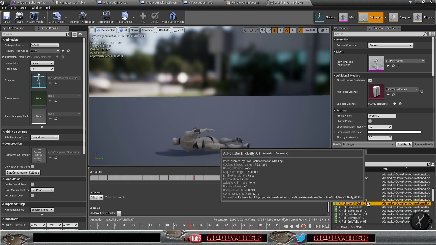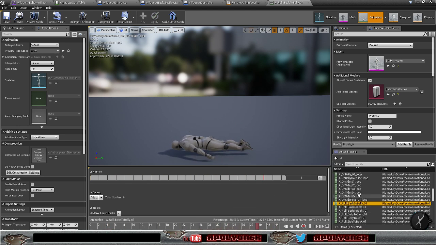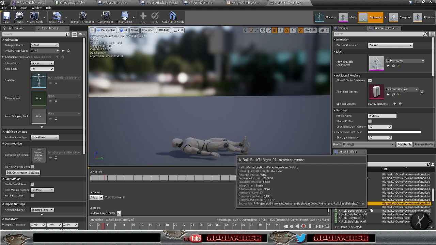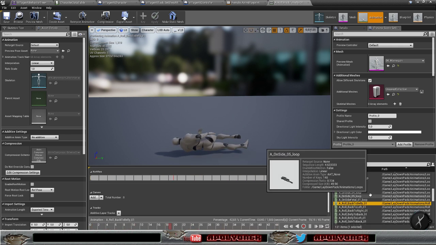And transitions. Yeah, transitions I'm not sure if I want to. I can put them in somewhere so that it looks better if they transition from one to another, but